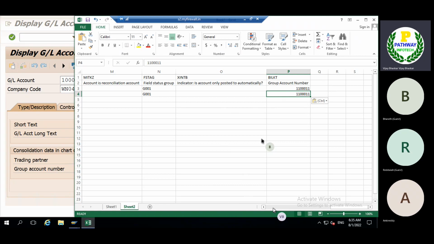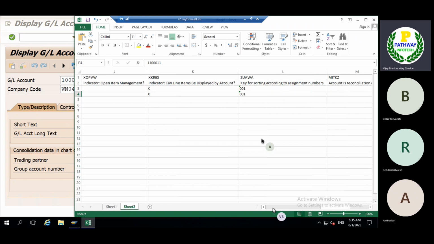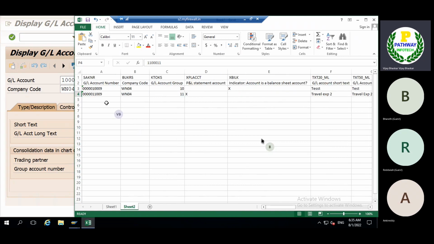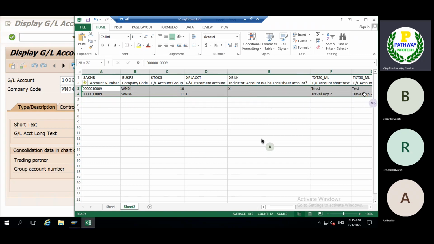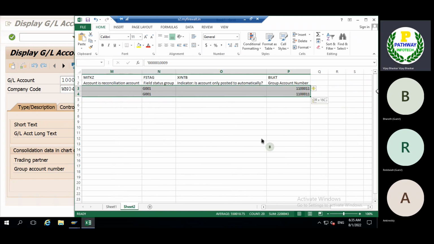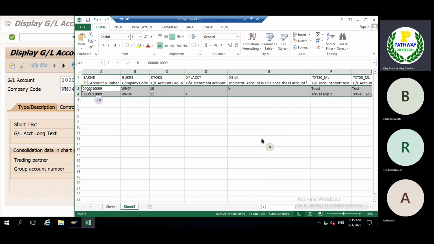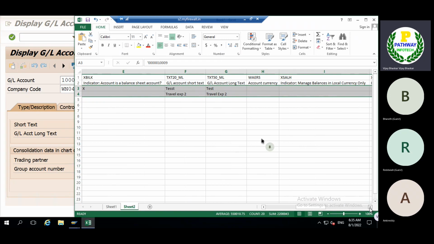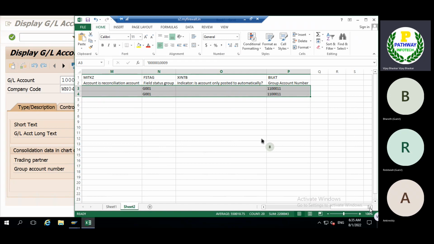Okay, remember, the required information we already have. One more thing I will show you: sometimes the system will not read. Then select these fields. Remember, select the fields which we want to upload. Always all the information should be on the left-hand side only. Sometimes the system will not read; we have even faced a lot of problems during the implementation time. Then it should always be on the right-hand side.